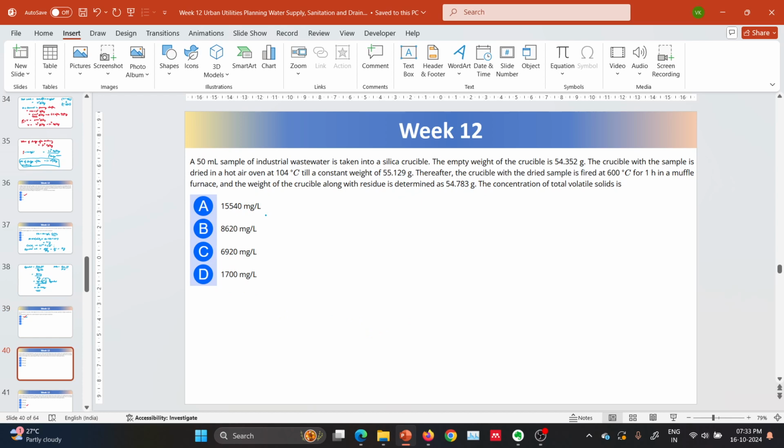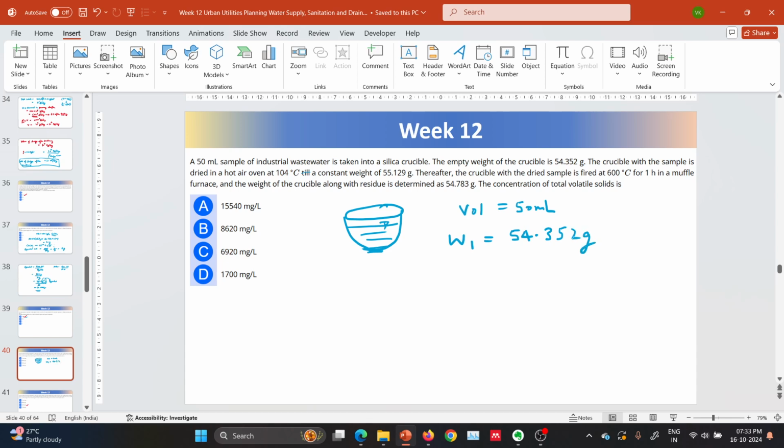A 50 ml sample of industrial wastewater is taken into a silica crucible. The empty weight of the crucible is... so what we are doing, let's understand the question. So this is the crucible, it will look like this. Initially the 50 ml water is taken in this crucible. So volume is 50 ml of wastewater, and the empty weight of the crucible is weighed as